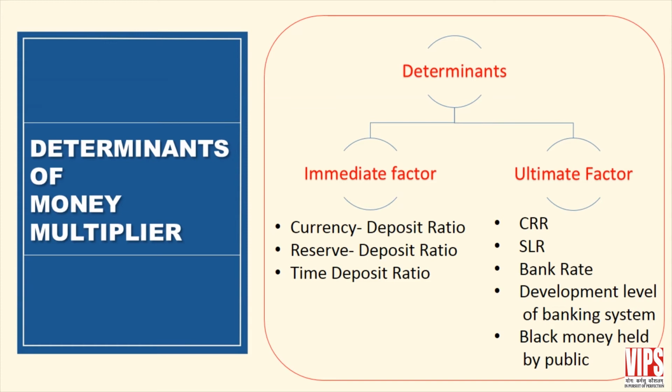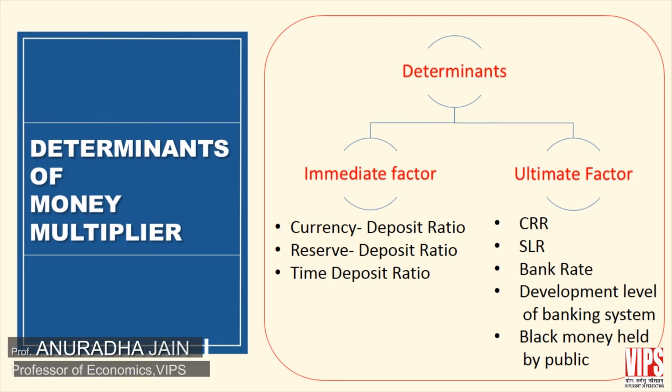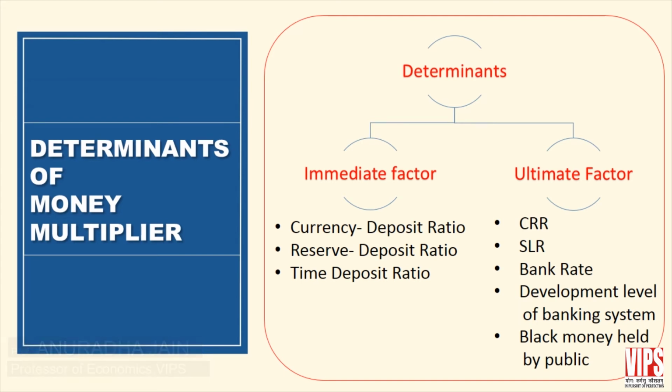As far as the currency deposit ratio is concerned, the higher the currency deposit ratio, the smaller the multiplier, and vice versa. It means that if the public prefers to hold a high proportion of high powered money in the form of cash and a smaller proportion in deposits, then the ability of the bank to create credit and secondary deposits will be reduced, to the extent it reduces the value of M, and consequently M will be lower.